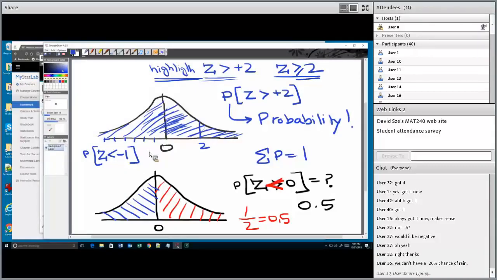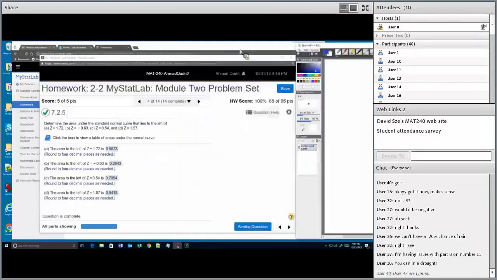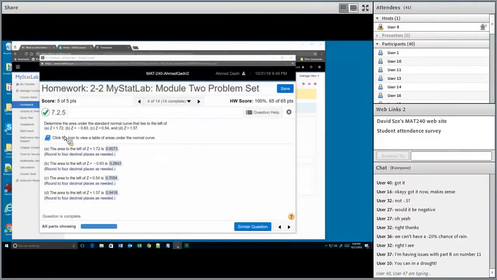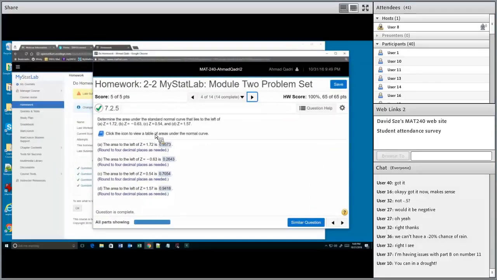Okay, now let's do some problems because I think that will help you understand this further. So let's do this problem now. You're not going to be confused with this, right? I think I mentioned this last week also. Statistics is like the matrix. Once you start learning all these letters, they start making sense to you. So now you know what the z is, right? You can decipher that z here means you have a standard normal distribution with mean 0, standard deviation 1, right?